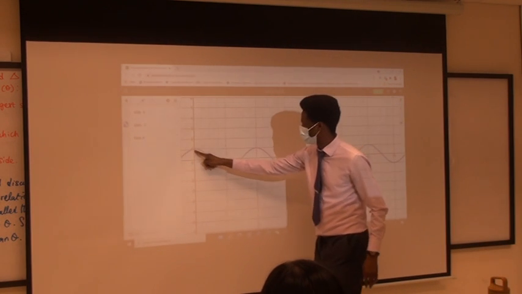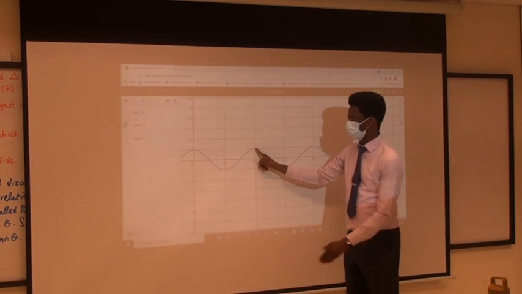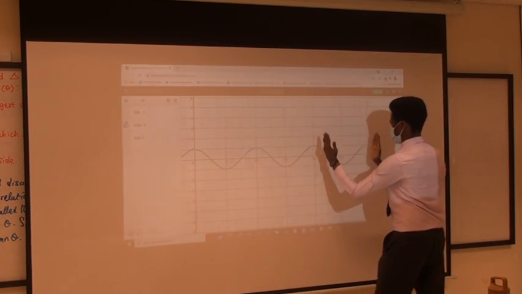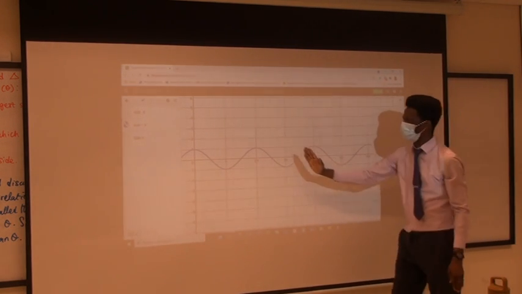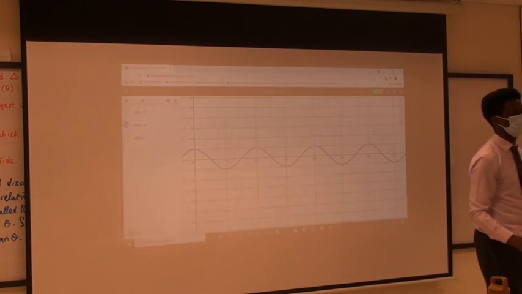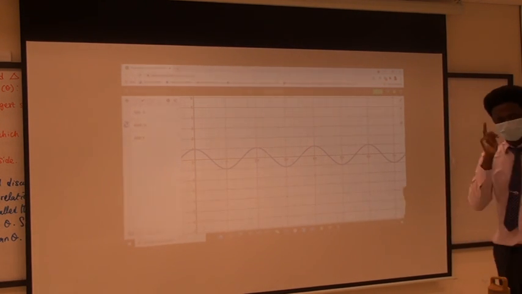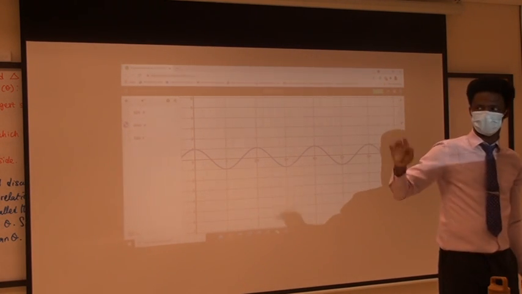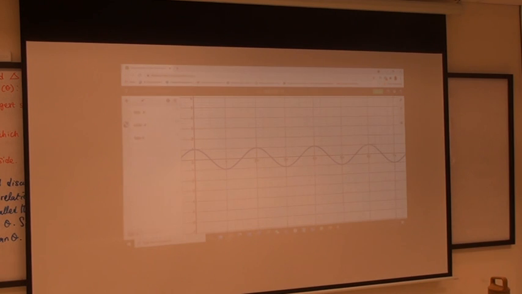So this one starts from here and here. You notice that the exact thing, I can cut it and paste it here and here, and it continues. After every 2 pi, I have the exact same thing. We call such a function a periodic function. Your physics teacher will mention that again later, maybe with this level or next level. So they are both periodic functions. But let's see